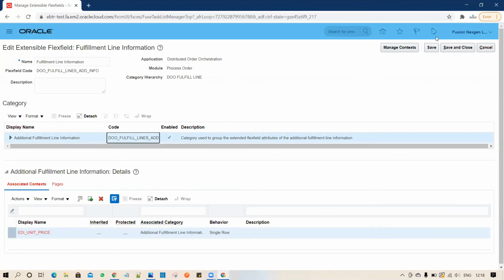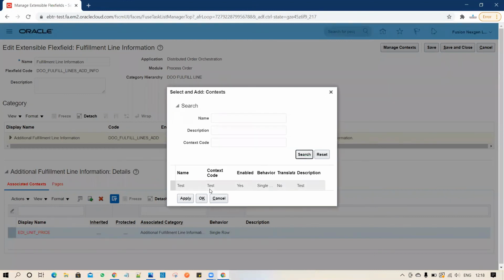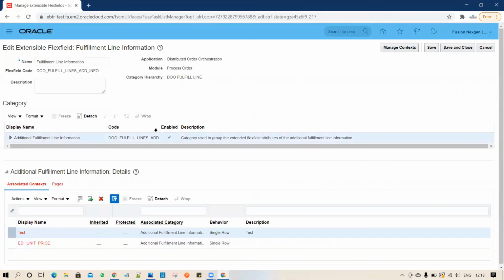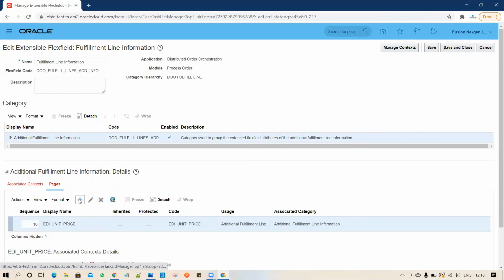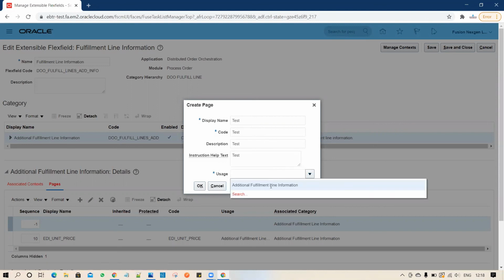So once you have created the context, you have to click on the additional fulfillment line information, and then you have to associate the context. So how can I add that? You can see the test is available. Click on OK, and then you have to click on the page. So we'll have to create the page, and then we have to associate it. So we are entering it. You can see test, then test is the code, test, the uses associated to the fulfillment line,